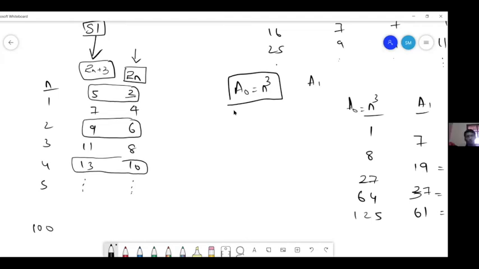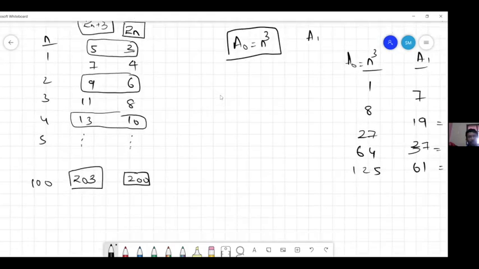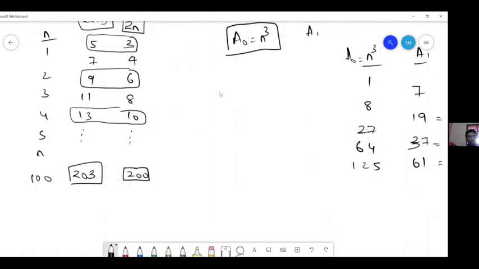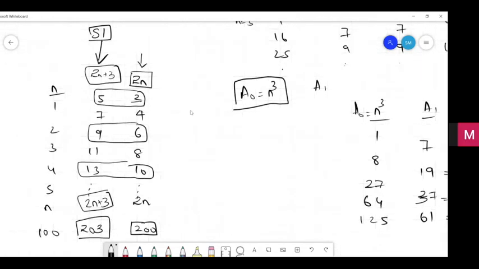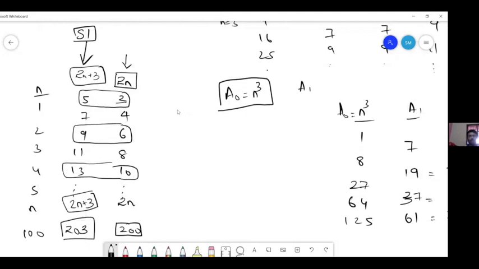Exactly. So I know the 100th term of the even sequence, which is 200. And you observe that the difference is always 3, right? So it's just plus 3. And in general, if I have the nth term, here this is 2n, this is 2n plus 3, right? So one way of getting a formula is by comparing the given sequence with a sequence whose formula we already know. This is a tool. So we can use this tool to get formulas for 5, 7, 9, 11, 7, 9, 11, and basically any sequence with common difference 2. Now we have got a method.